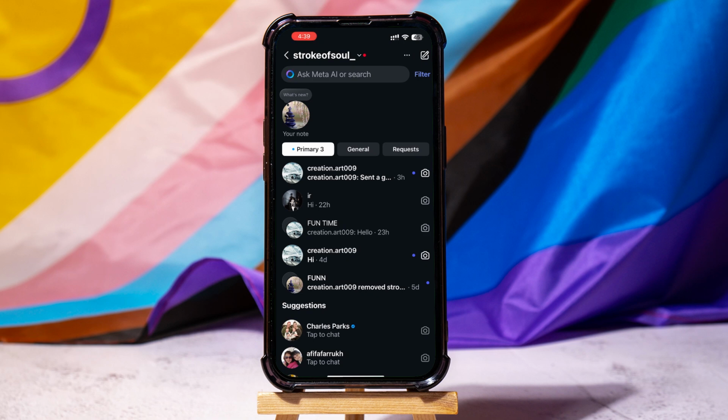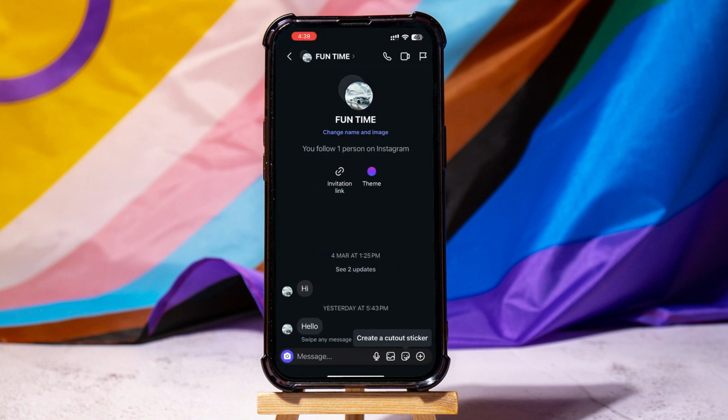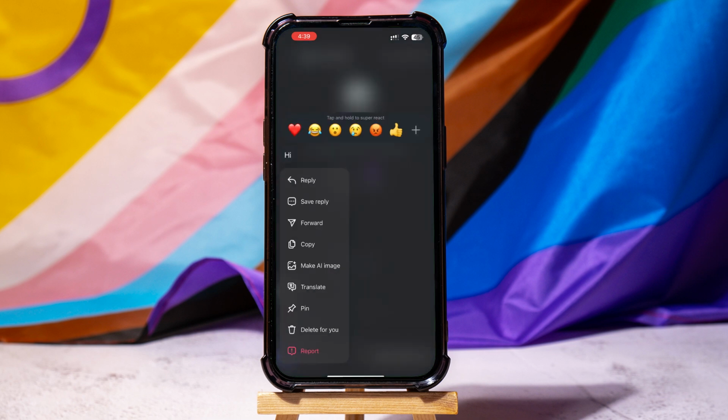Now, select the conversation where you want to react to a message. Find the specific message you want to react to, then tap and hold on to it. A small set of default emoji reactions will appear. You can choose one of these by tapping on it, or if you want to use a different emoji, tap